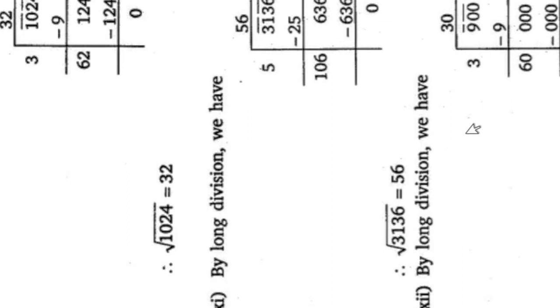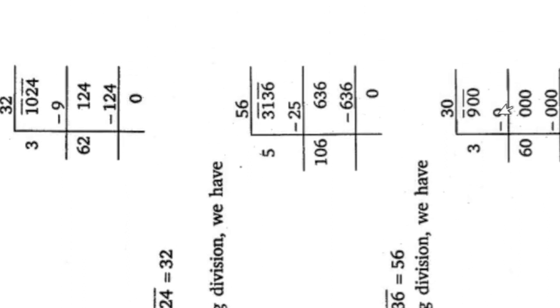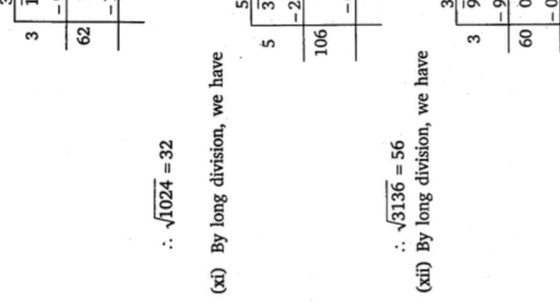Now by long division we have square root of 900. Now we have to find 900. So nearest square is 9. 3 3s are 9. Now 9 minus 9 is 0. These 2 0s we will put down. Now 3 plus 3 will be 6. With 6 you put such a number that we should get this answer. So it is 0. So 60 zeros are 0. So here is 0, so here will also come 0. Answer is 30. So square root of 900 equal to 30. Square root of 900 is 30.